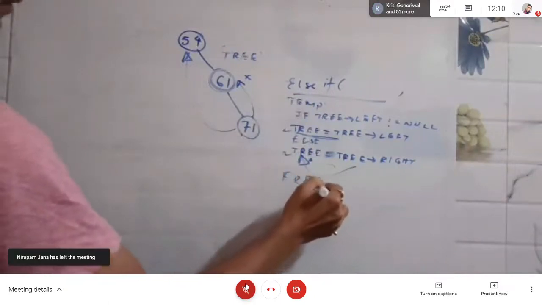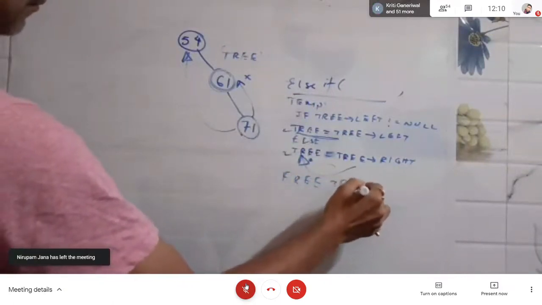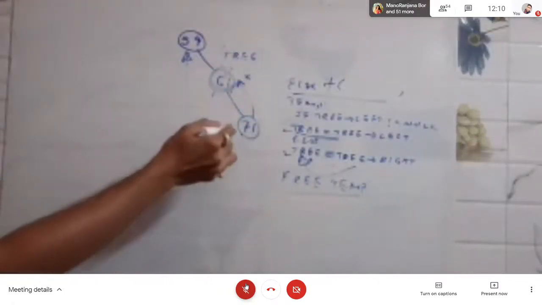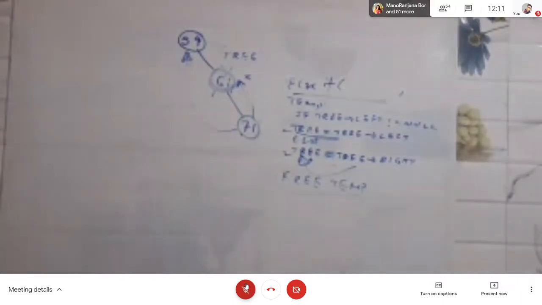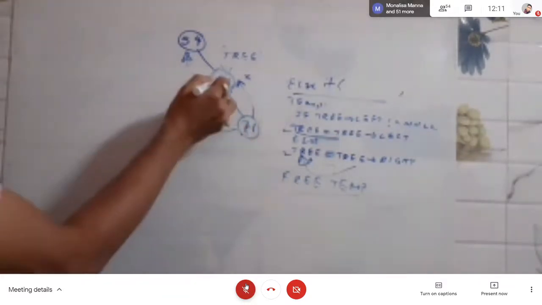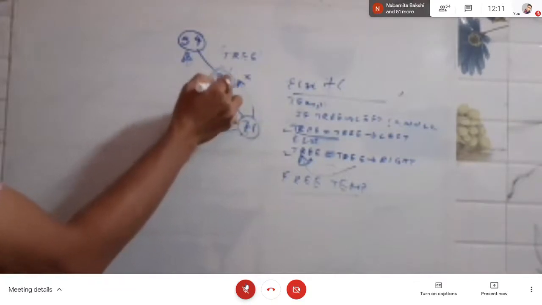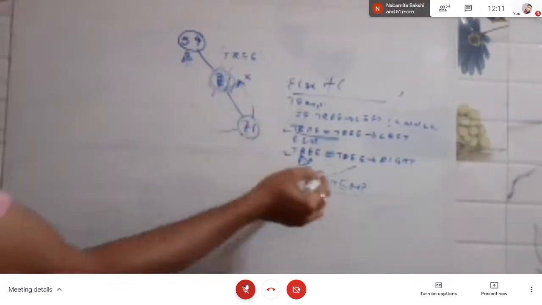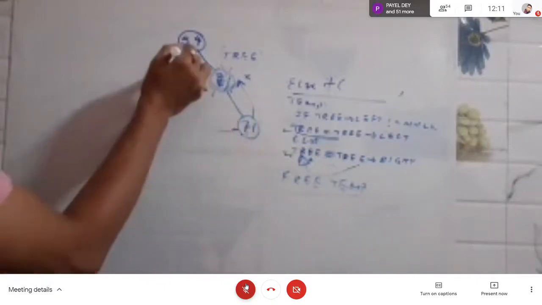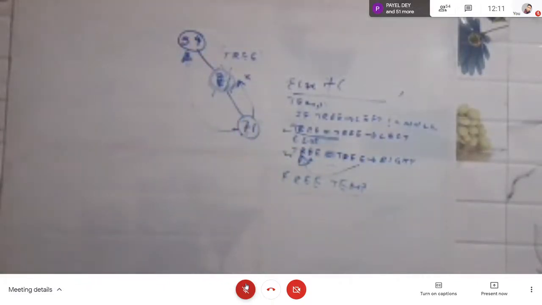T of n equal to theta of n power log a base b into log power p plus 1 n. So here it is theta of n power log a base b. Log a base b is actually going to be 1, p is 1, which means we get theta of n log square n.